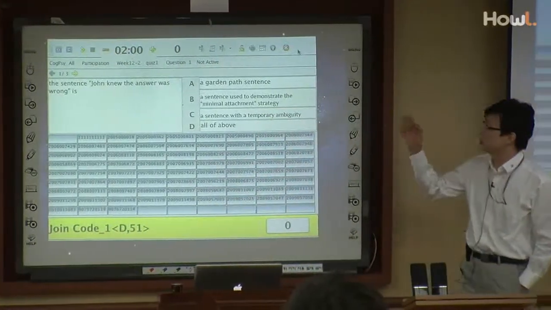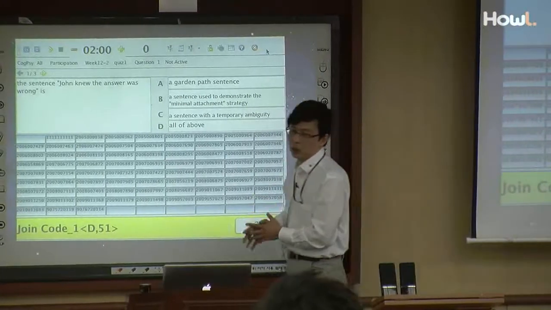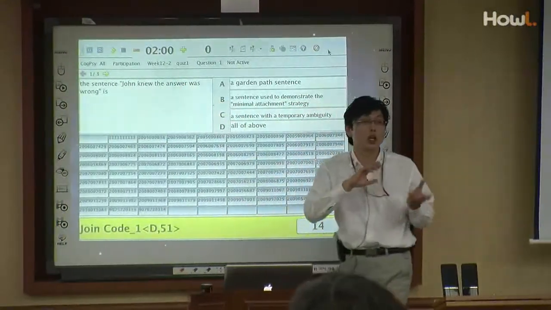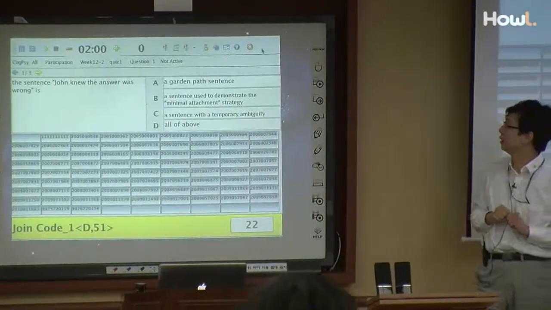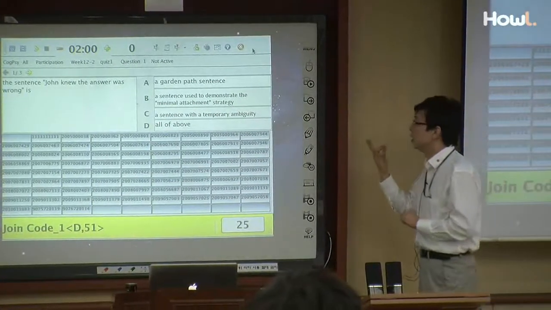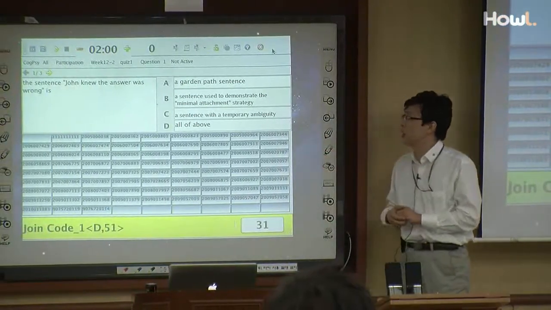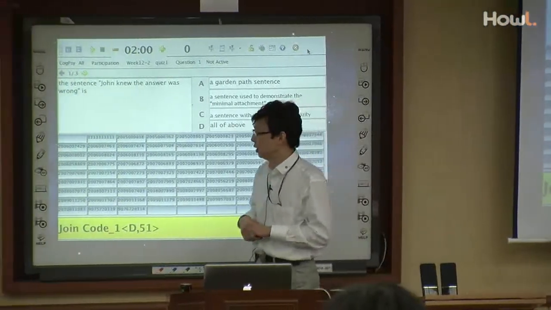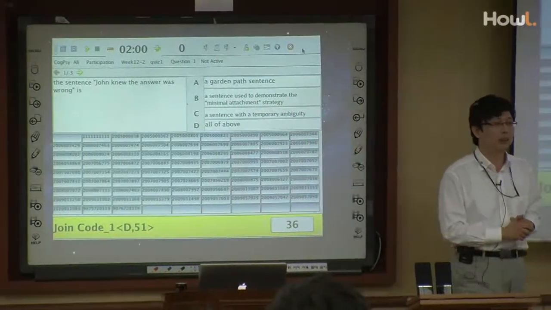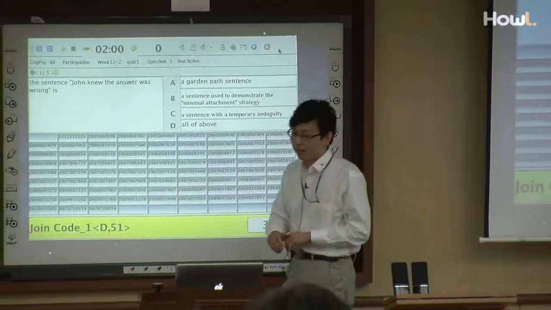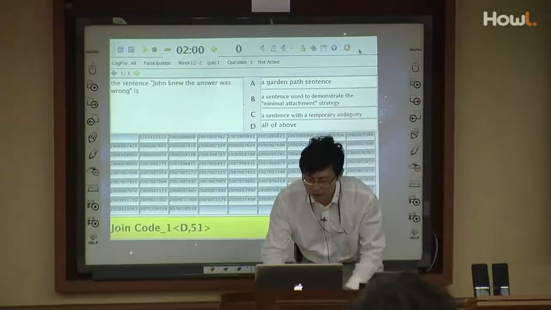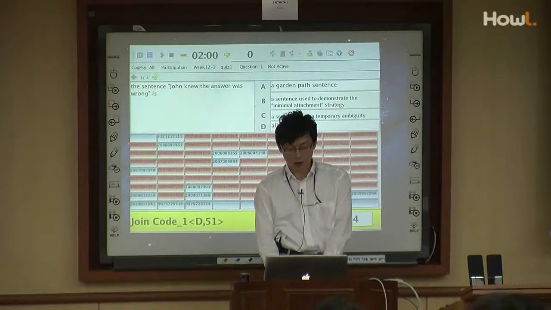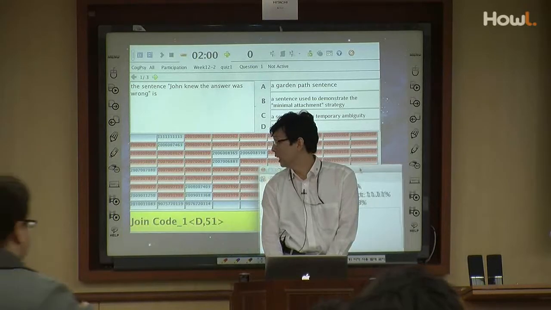The sentence John knew the answer was wrong is what? What is it called? When you read up to that point, John knew the answer, but the word wrong changed the whole meaning of the sentence, right? So, a garden path sentence used to demonstrate the minimal attachment strategy, a sentence with temporal ambiguity, and D is all of the above. So put the code 51 for your clicker. Get it? Okay, I will start the time ticking. Quite good, 90%. Okay, number 1, the answer is